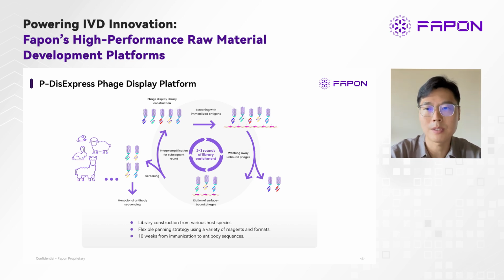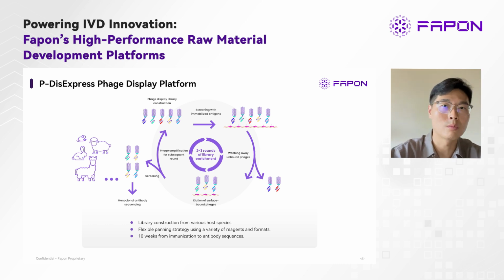After each round of panning, we sequence the enriched phage libraries to monitor clone enrichment and maintain library diversity. By tracking the sequences from round to round, we can ensure that we're capturing the high affinity antibodies gradually without losing the diversity of the phage library too early in the process. The top candidates are then sequenced and selected after the final round of phage elution, followed by the same steps as for the single B-cell workflow.